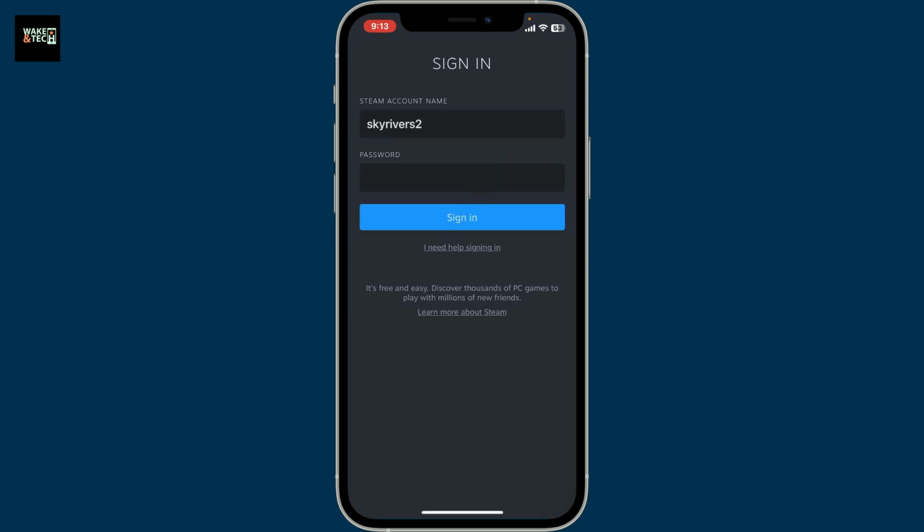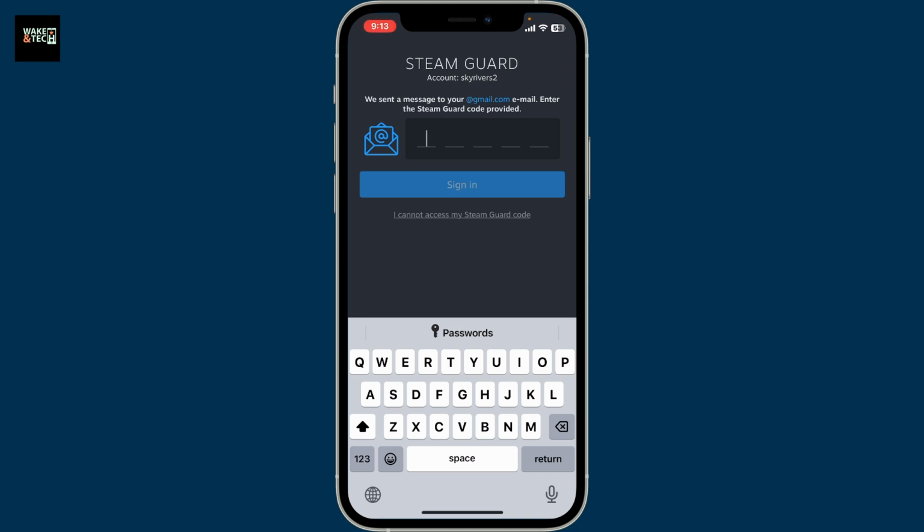If you need help signing in, if you've forgotten your password, then you can tap on the I need help signing in link and follow through the instructions. If you have your credentials correct, simply tap sign in, and then you will need to go ahead and